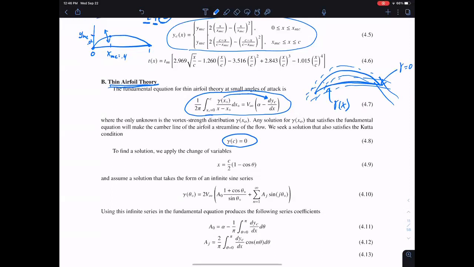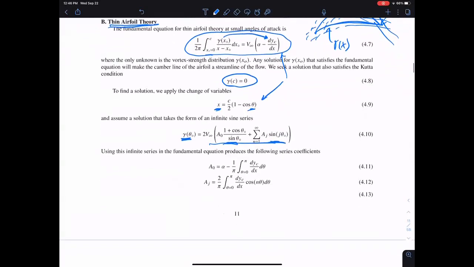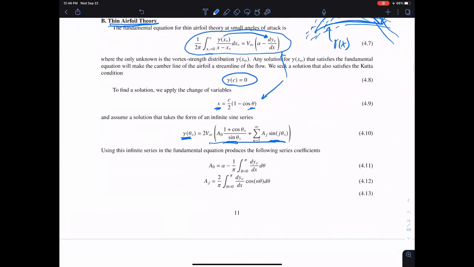Well, this equation is kind of nasty to solve, this guy. That's our fundamental equation. And so the way that they solved it was by applying this change of variables to get out of x into theta. And then when you do that, and then assume that gamma is an infinite series, it's got this term up front, and then it is an infinite sine series, then you can prove, and I don't think I walked through this in the videos, you can look this up if you want to prove this yourself, but you can prove that that gamma will be a solution to this problem if these are the values of